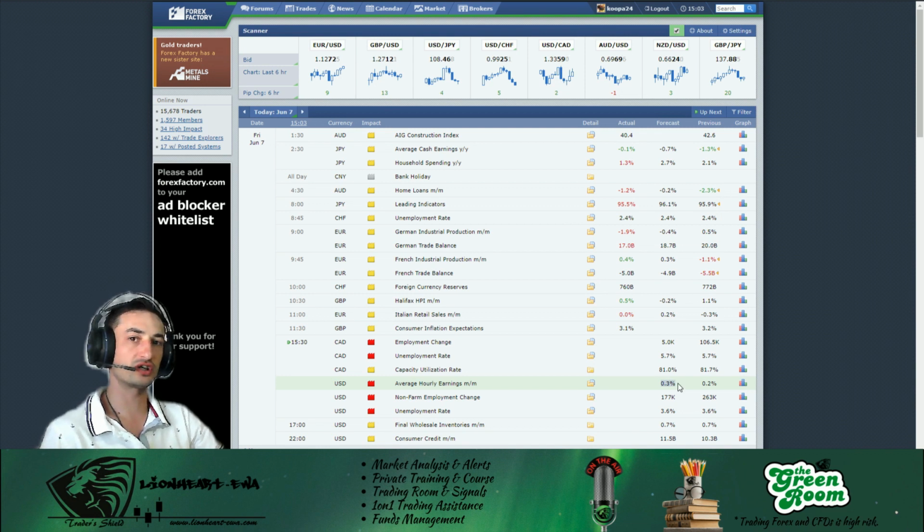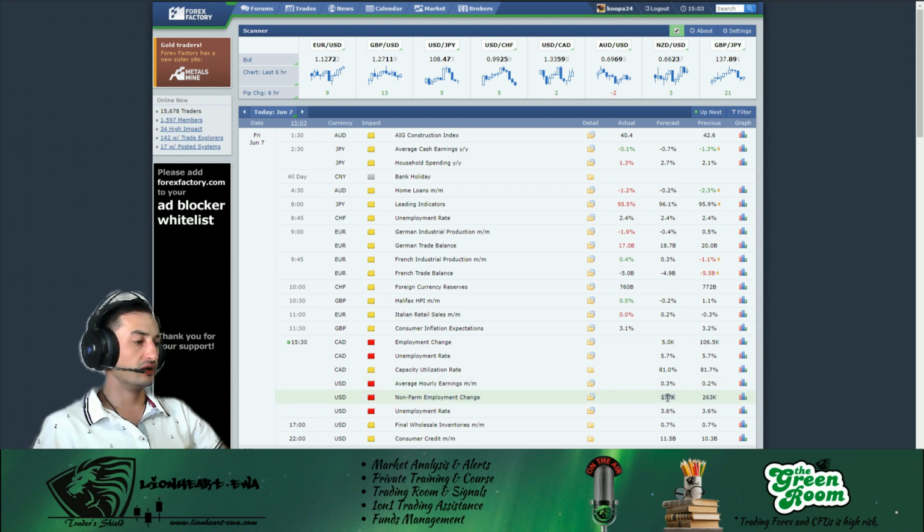because the charts are actually saying something completely different, let's say. According to this data, I would be expecting average hourly earnings of 0.3, so an increase compared to the previous, and this might disappoint, by the way. We'll see. And the non-farm, basically the employment change in the government sector, to decrease from the previous month, and the unemployment rate to remain flat.